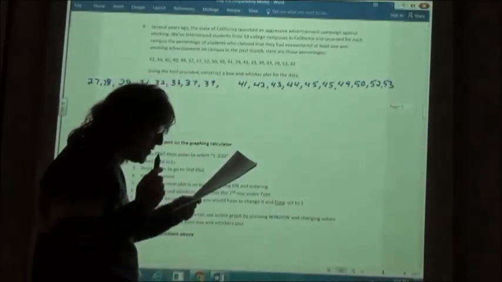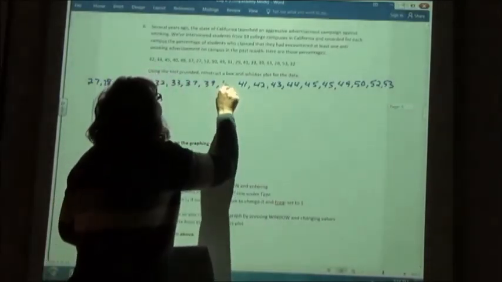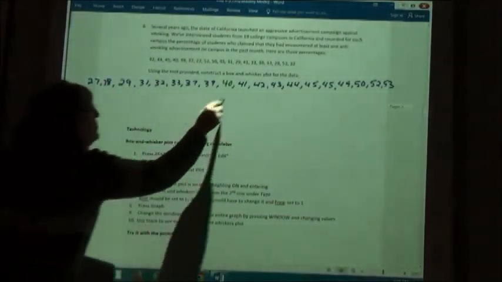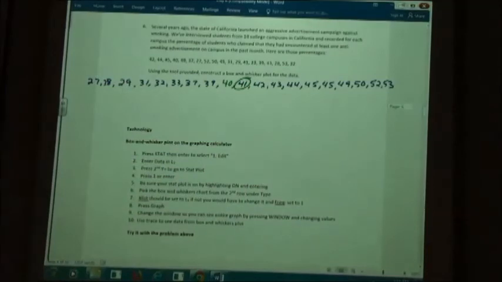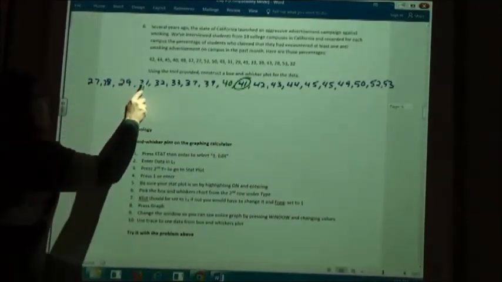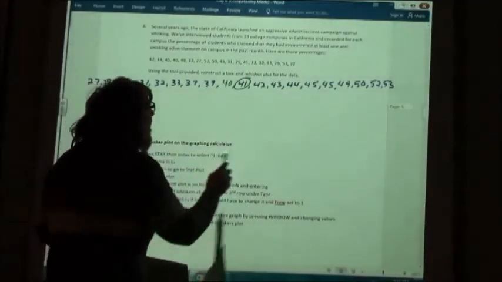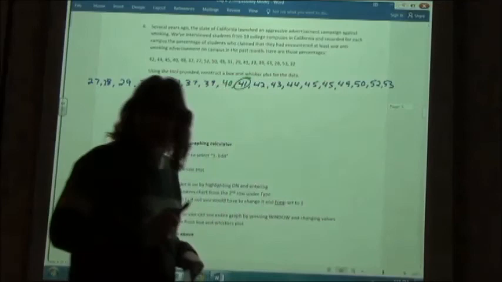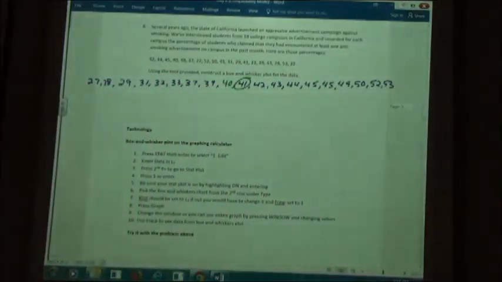Now I erased that number. What was that number? 40. I grabbed a different color. Half of 19 would be 9.5, so I've got to go up to 10. Right? I'd have 9 on each side then. Now if I double check that, 1, 2, 3, 4, 5, 6, 7, 8, 9 on that side. 1, 2, 3, 4, 5, 6, 7, 8, 9 on that side. Now it looks like I'm on the middle one. So 41 is going to be